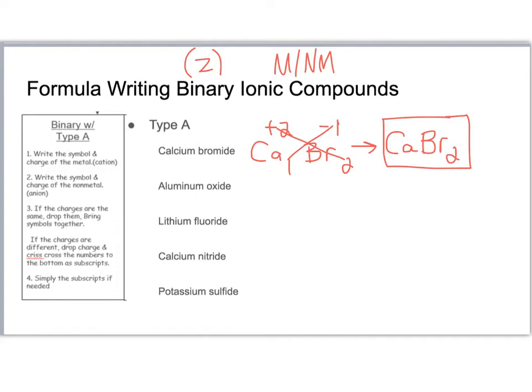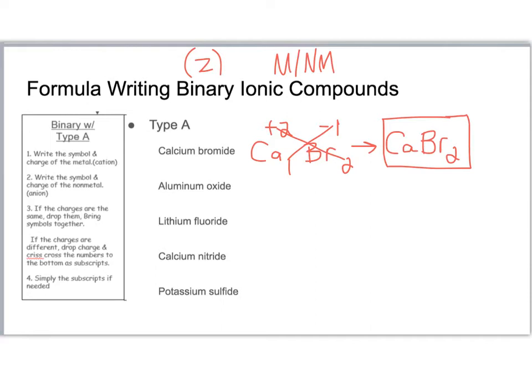One thing that we need to make sure of as we leave this example is that the ratio of calcium to bromine, which is 1 to 2, is in its most simplified form, and in this case it is. If it was not, we would have to simplify the subscripts. At this time, I would like for you to try the 4 remaining problems. Go ahead and stop this presentation, and then when you turn it back on, I will quickly go over the